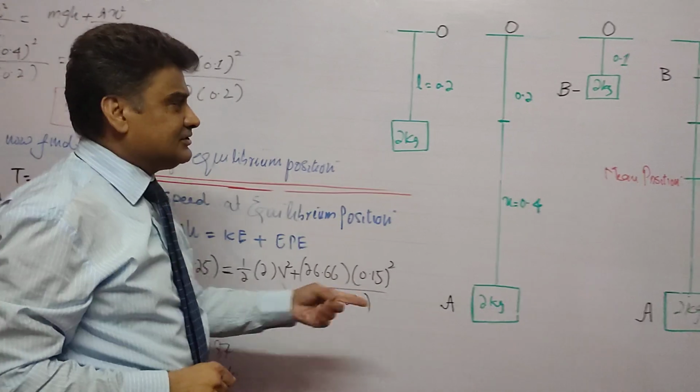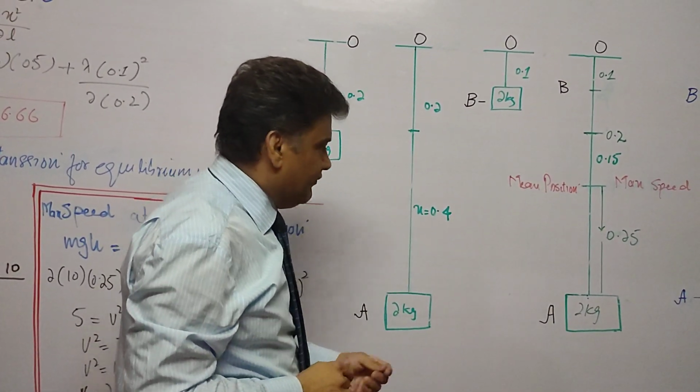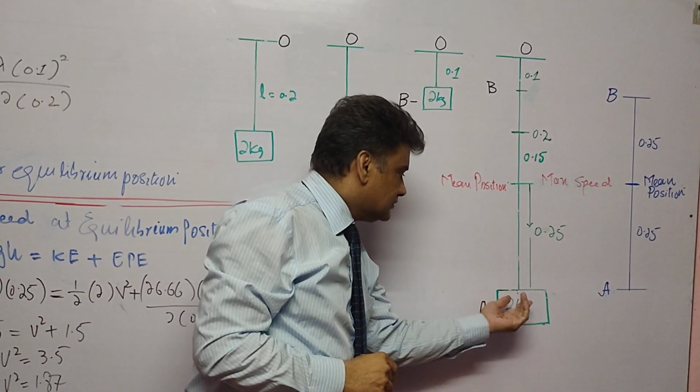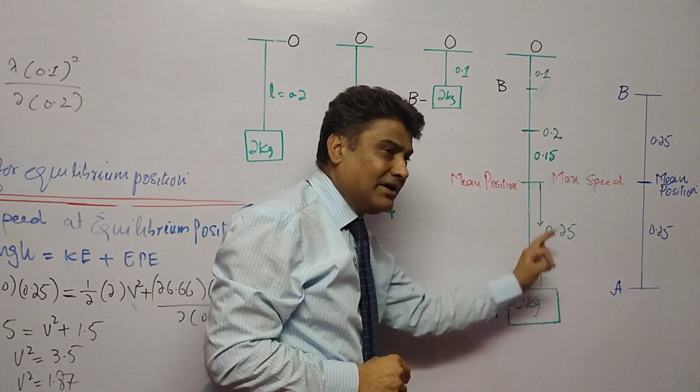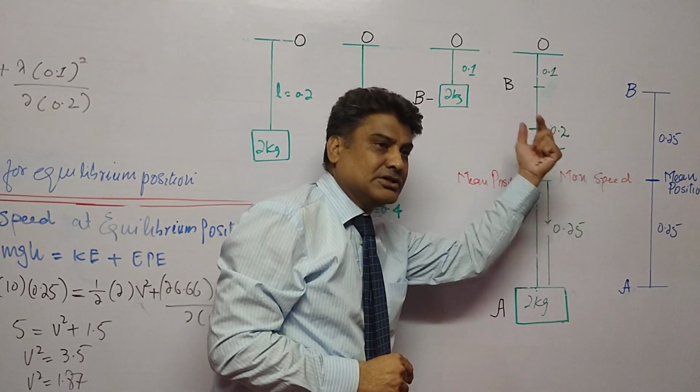For the mean position, extension in the string is 0.15. So, when it moves in the upward direction,